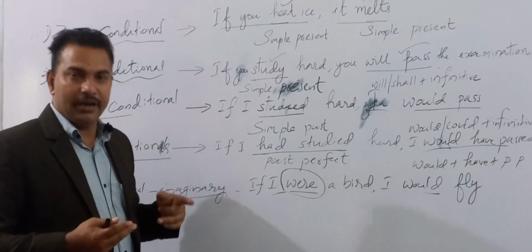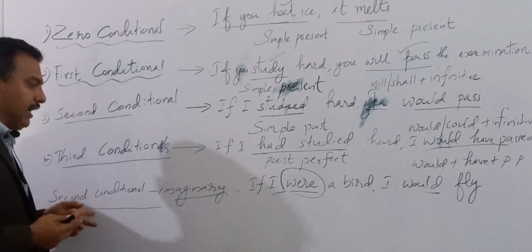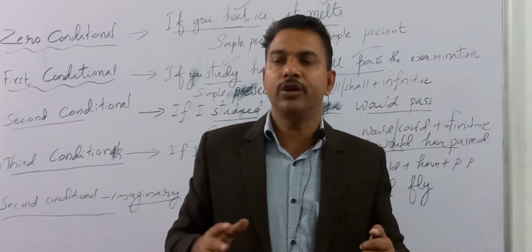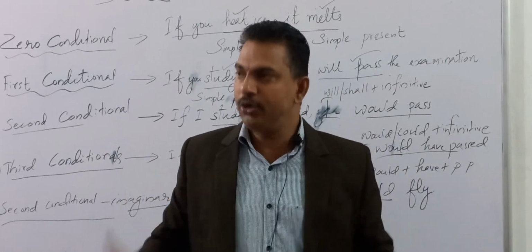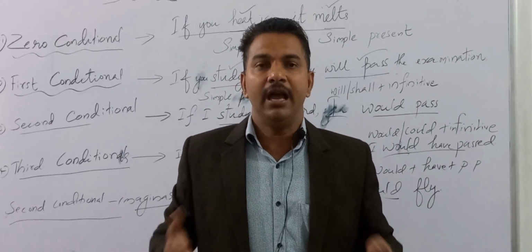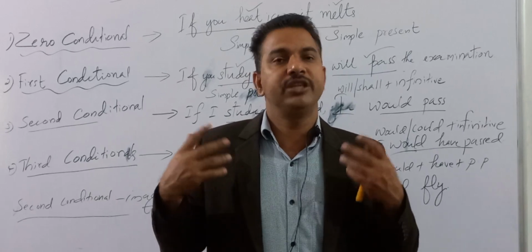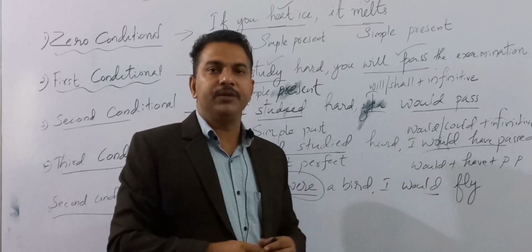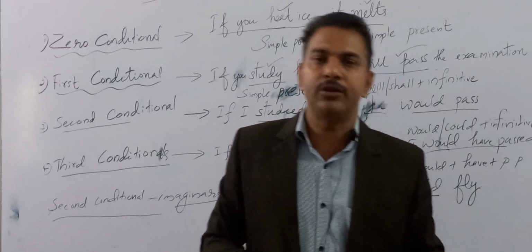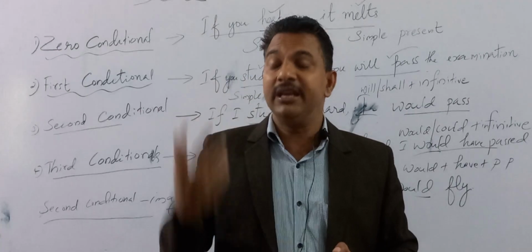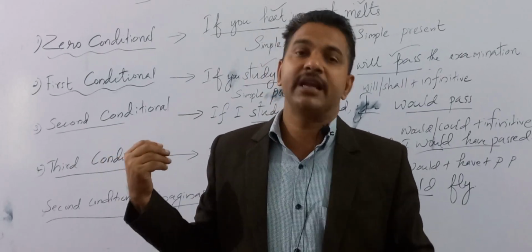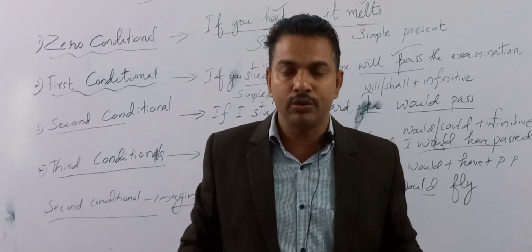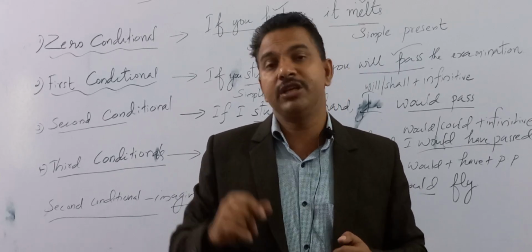and that is a rejected condition. And in the second conditional, one more variety is there, the imaginary condition, where you are talking about highly impossible things. If you wish, I were a bird, it is almost a wish and it cannot be materialized or fulfilled. I hope this lesson on conditionals is clear to you. There are many examinations where these types of questions are asked. Even recently in one of the PSC question papers, when I was going through it, I found a question based on